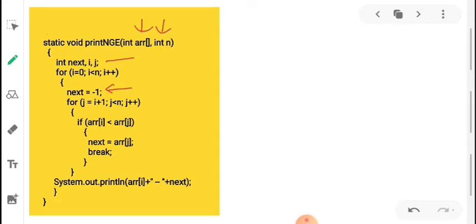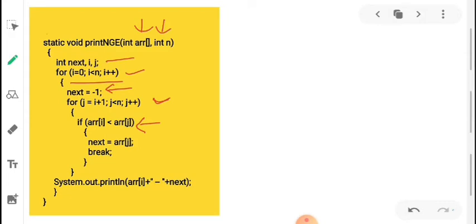In case we haven't found any next greater element, we'll print the initial value of next, that is minus 1. I have used two loops for this, one for picking one element, another for checking in the remaining part of the array if there is any next greater element towards the right.